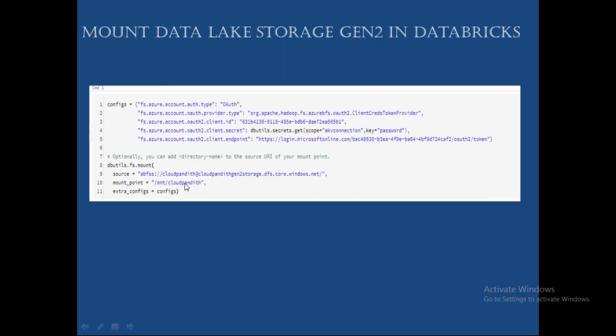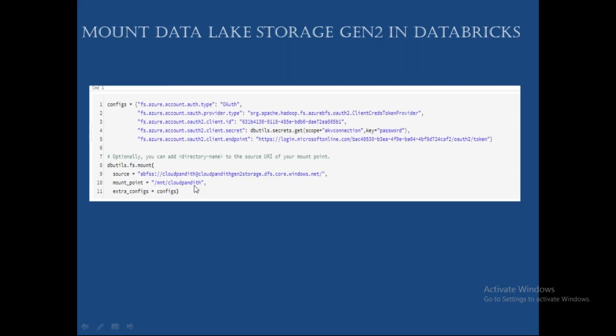Next, this is basically my container name, and this is my storage name. Whatever container name you have, the same name you need to provide as the mount name. These configurations I am passing here. This is how you need to create the mount point. Once you create the mount point, can you tell me what the mount point is here? /mnt/cloud pandit. In this mount point, whatever subfolders and files we have, everything is accessible